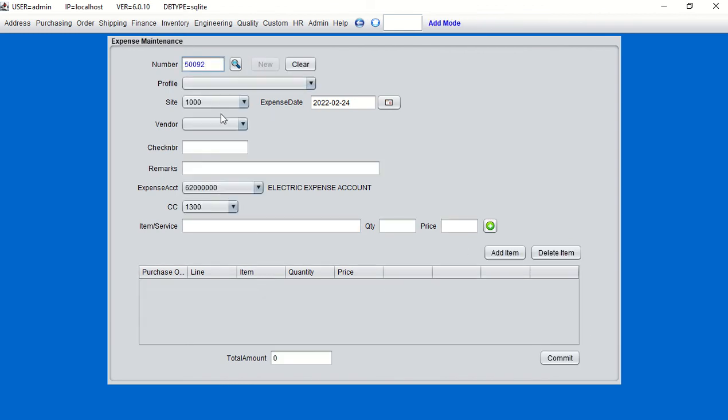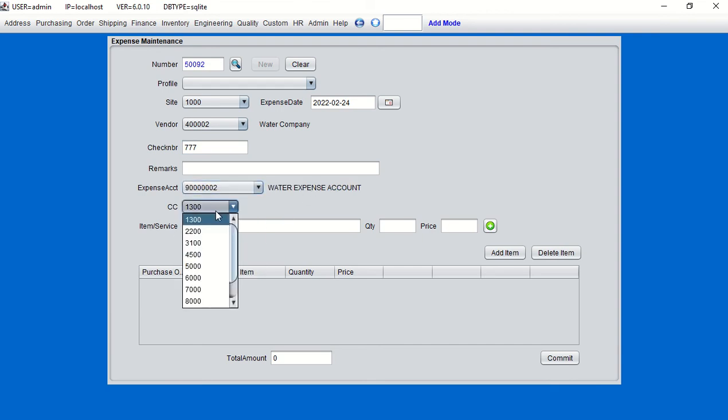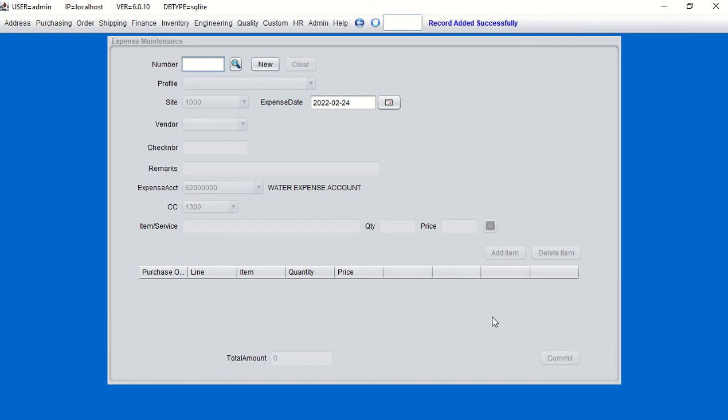We're going to do the second one for the water as well while we're here. Choose your water company, check number 777, choose the water account, there we go, 8,000, water bill, 123.23, and click Add Item. So now we have both of those transactions